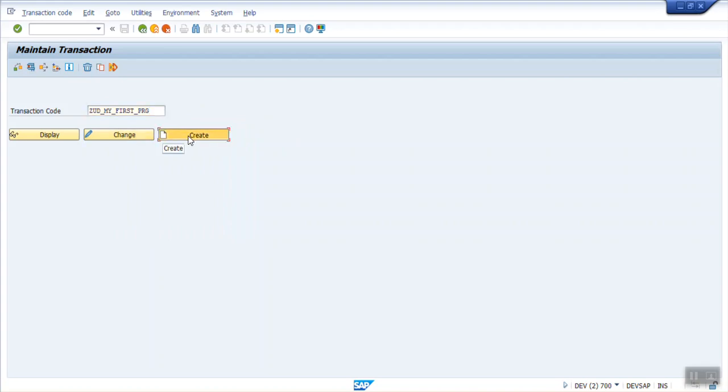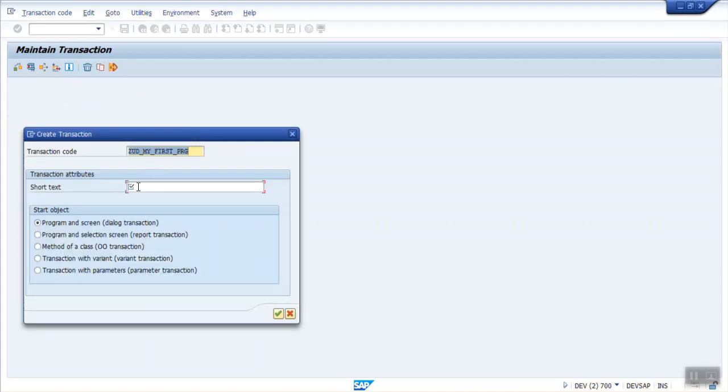Click on the create icon, give the short text. Here there are 5 options. So when you are assigning a transaction code for an executable report, then we have to go with the second option, that is program and selection screen, report transaction. Press enter.